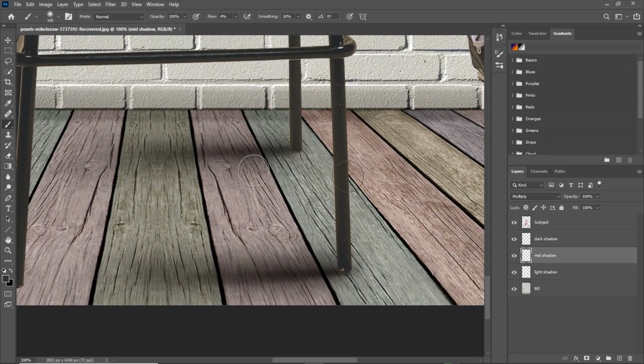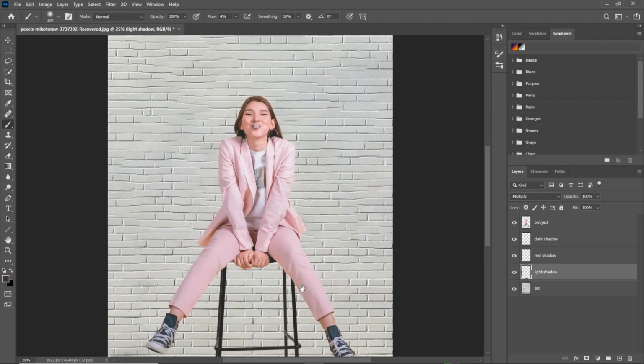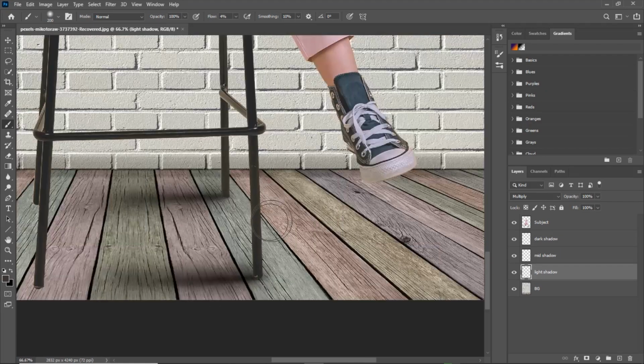And if you need to just go back to any of these 3 layers and finesse them a little bit, make sure to do that. Here's the total before: light shadow, mid shadow, and dark shadow. So these 3 layers are gonna be our final result. Then I'm gonna grab all of them, hit Ctrl G and put them inside one group and name it shadow. I will create a layer mask on top of the group